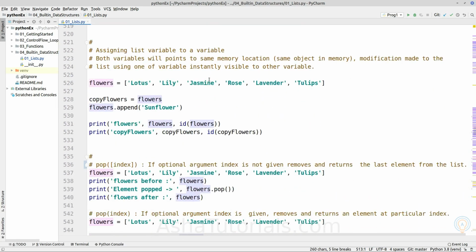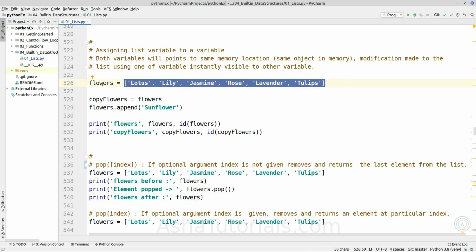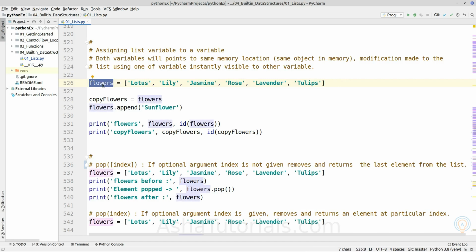Now we will see what will happen when we assign a given list variable. So here we have created a flowers list. When we assign that flowers variable to a new variable copy flowers, what happens here? It will just copy the reference which is stored by the flowers variable to the copy flowers variable.